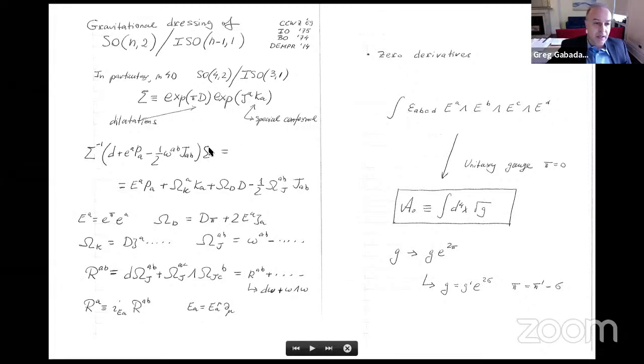So this is the group element here, and the Maurer-Cartan form is built this way. And the next step is you expand this in the basis, because it's a one-form in the algebra. So expand in the basis where P denotes the generator of Poincare transformations, K, as usual, is the generator for special conformal, D here is dilatations, and J stands for Lorentz generators, obviously. And the coefficients, the capital A, capital Omega, Omega sub K, Omega sub D, which are coefficients of this expansion, they are calculable, obviously, knowing all these expressions and knowing the commutation relations for the 4-dimensional conformal algebra,